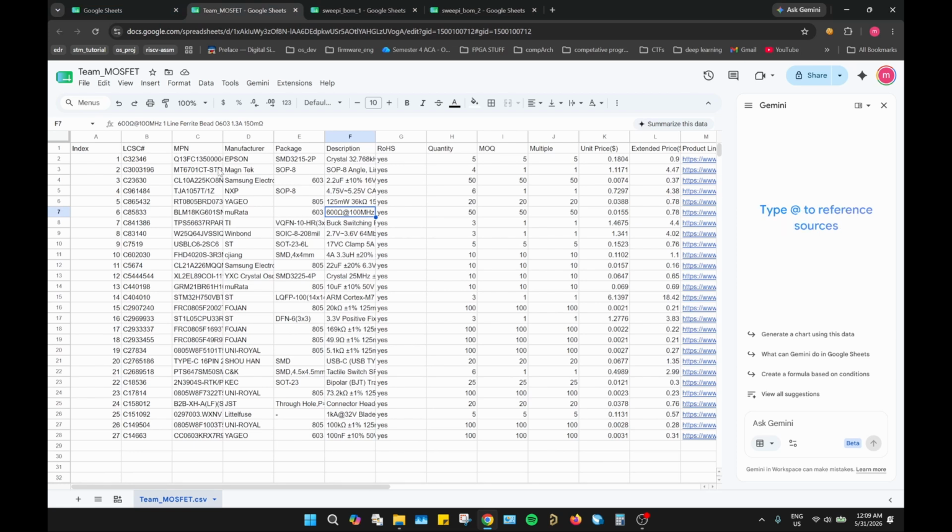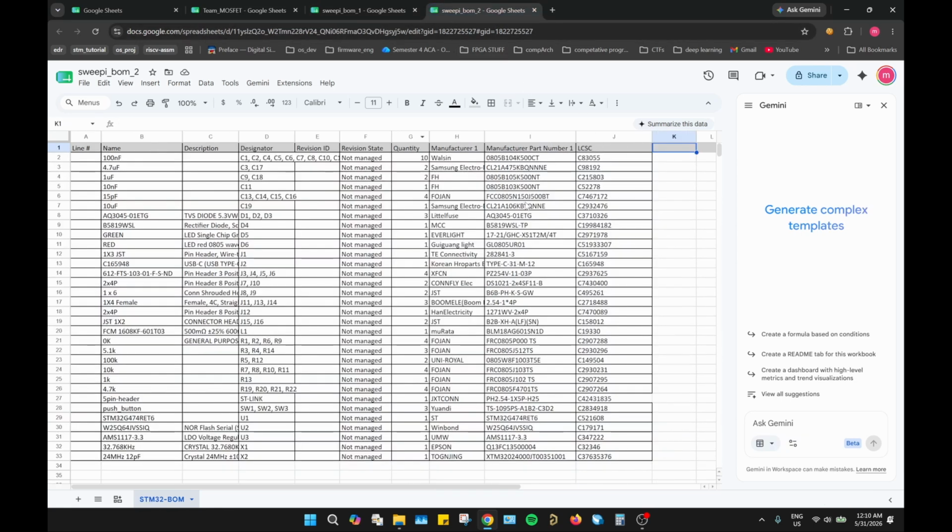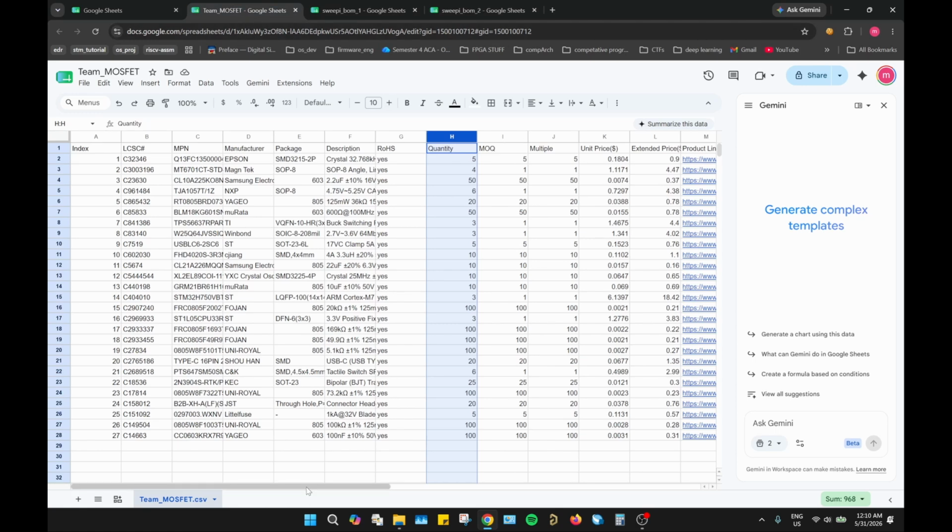The most important columns in the BOMs are the manufacturer part number, the LCSC part number, and the quantity. You have to make sure that these three are definitely there. It doesn't matter what the heading says, as long as the part numbers and the quantities are there, it's fine. Once you have confirmed that all of them are there, then you have to add